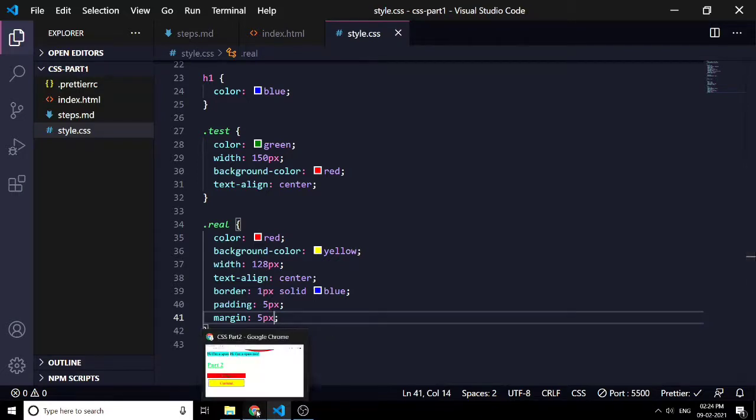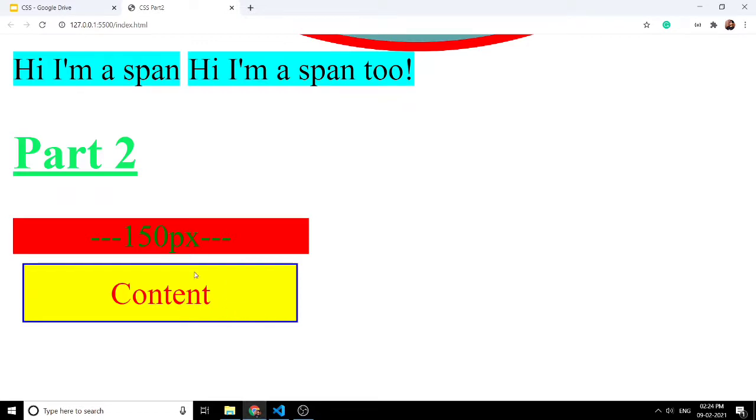So let's talk about what the uses of these are. We have already seen border, which is used to differentiate, or you can say separate, the content from the rest of the page. We also have padding, which is used to give a space between the content and the border so it doesn't look messy. And at last we have the margin, which is used to give a distance, or you can say space, between different content so that they don't overlap with each other. Basically this is used to design the layout of the page so everything looks beautiful.